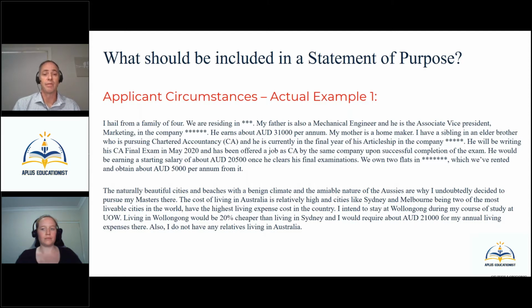In the top paragraph, it talks to parents and income and what the parents do. And in the bottom paragraph, when they talk about Australia, they refer to a number of points of different aspects of living in Australia and the cost of living in Australia. So again, from our perspective, we're very comfortable with that aspect of the statement of purpose.